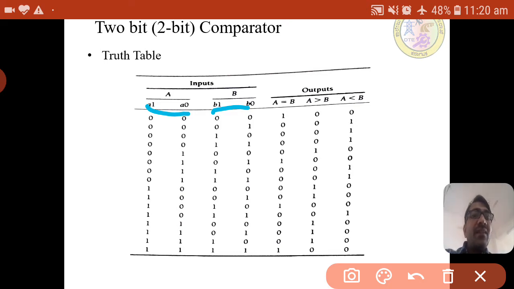Means 0000 and 0001, 0010 and 0011. So A we are keeping constant as 00 and we are varying B, that is 0001, 10, 11. After that again change A to 01, again keep all combinations of B. Okay, so like this all the combinations we have taken for A and B, and with respect to that the